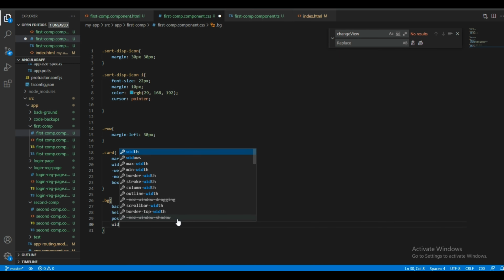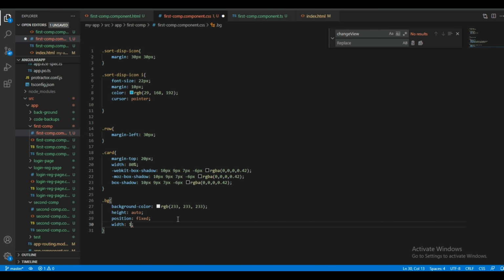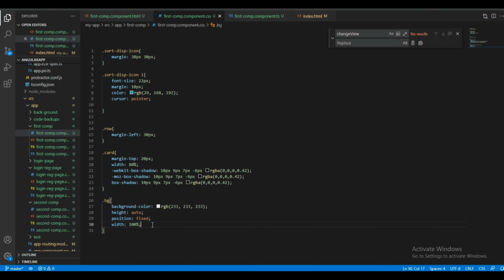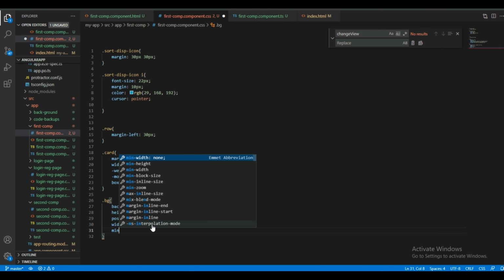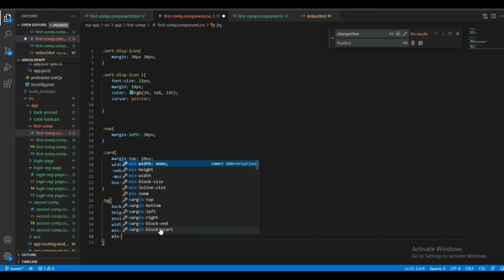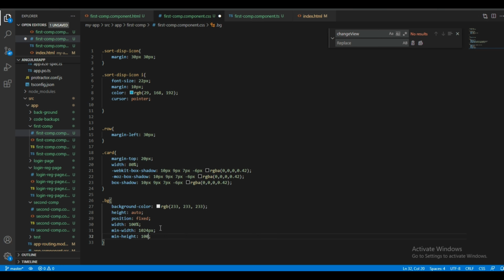So with the width 100%. Okay, I need to give min width of around 1024 pixel, 1024 pixel, and min height of 100%.